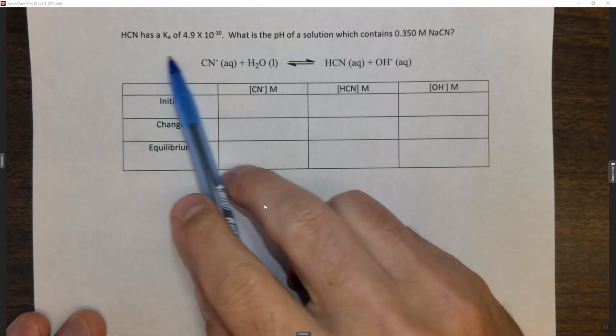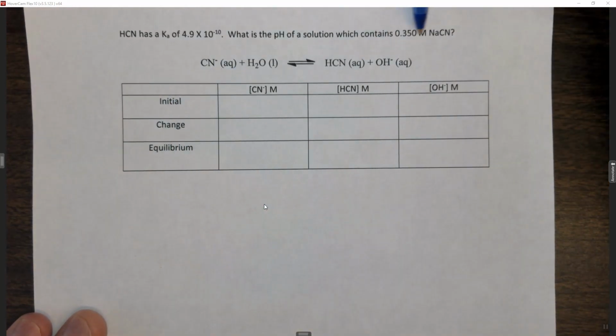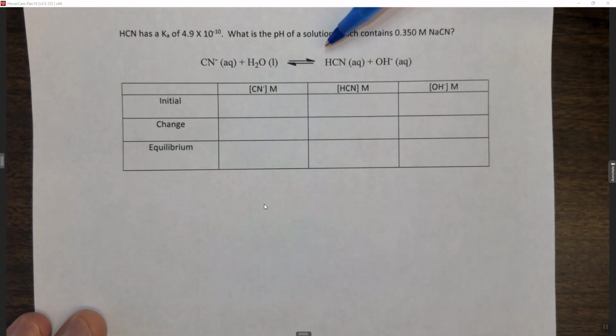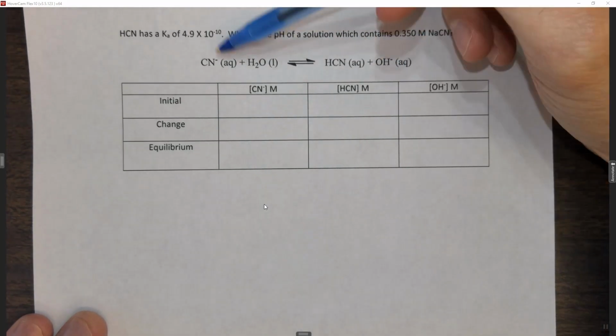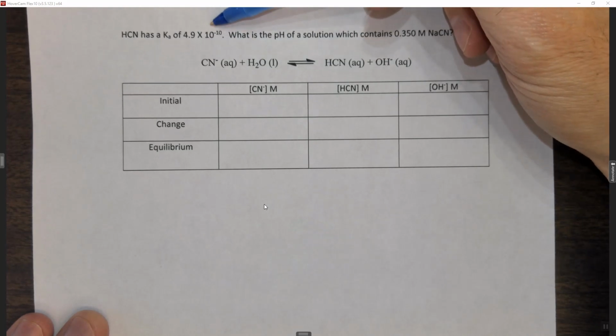All right, it says HCN has a Ka of 4.9 times 10 to the minus 10. What is the pH of a solution which contains 0.35 molar NaCN? So here we're starting with some CN minus. It's reacting with H2O to form the HCN and the OH minus, and we're actually given the Ka of the